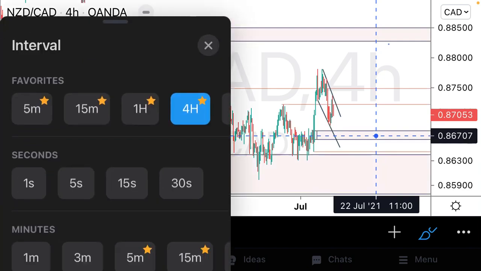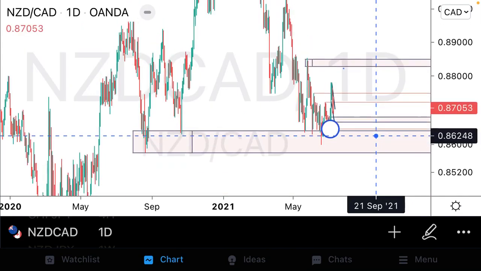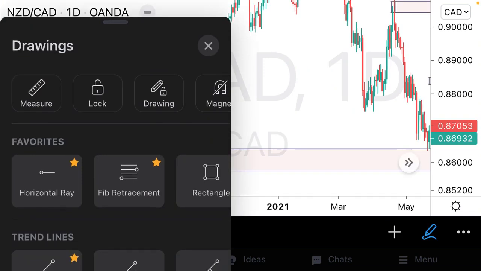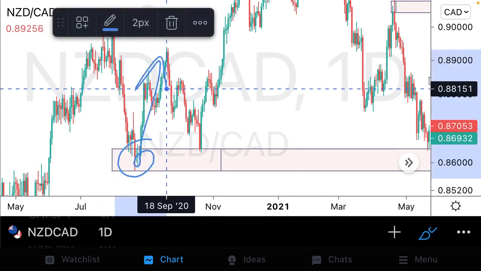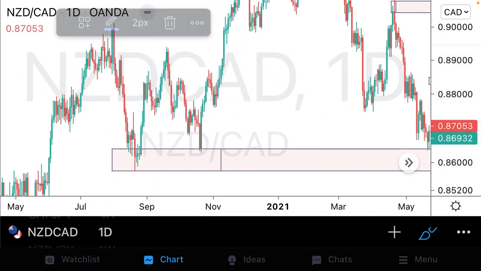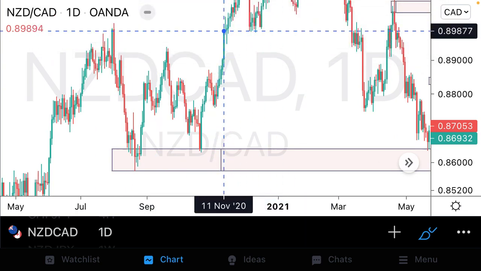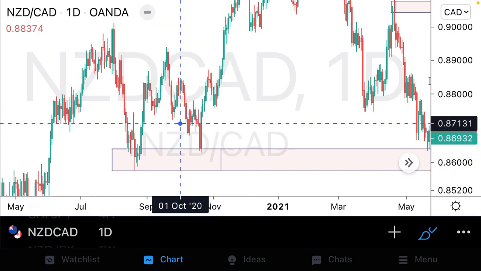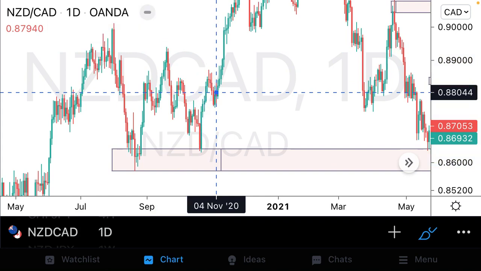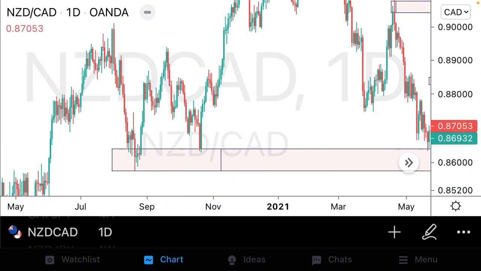Now guys, let's go on to NZDCAD. We'll hop up to the daily. Now on the daily, guys, what we will notice is prices at important higher time frame support structures. Support structures where we saw prices react from once, react from twice, and then violate important higher time frame resistance areas. Now what we're trying to point out by mentioning all of that is that this area is a buy sensitive area where buyers have shown a reaction previously after prices came into these areas. Now that we have that information, understanding that we